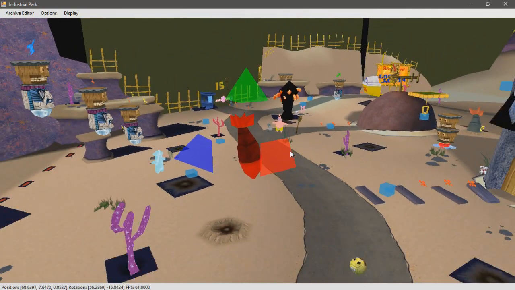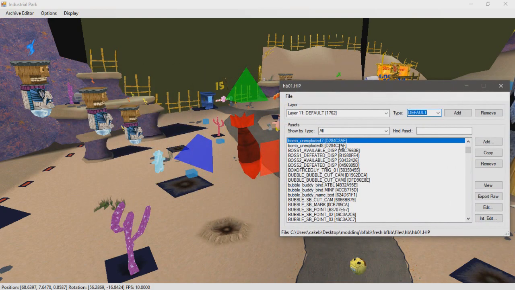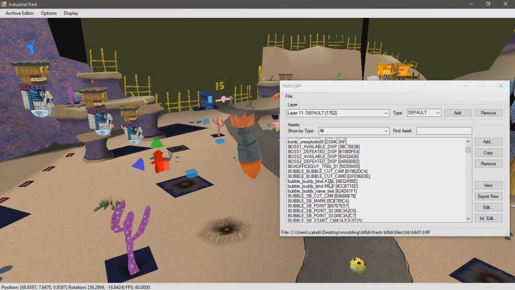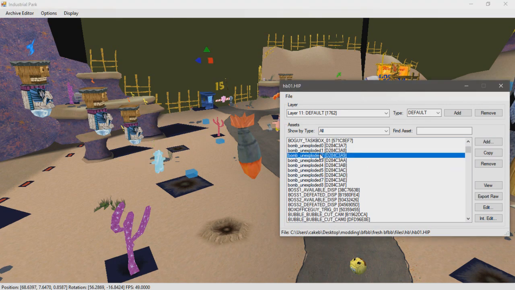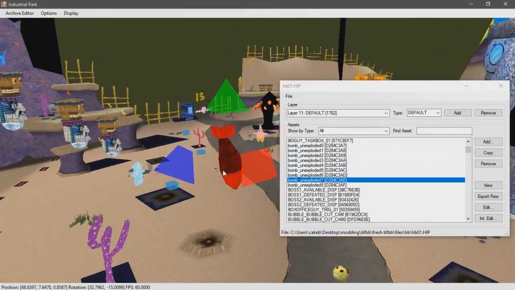So let's start editing this. So we moved it. That's part 1. So now we can do some more with it. So we're going to open our hip. And you'll see the bomb is selected. If we click different things, it selects them. If we also click some of these things, it'll select them in the level. So we want whatever this one is. For some reason it's number 7. I'm not sure, but